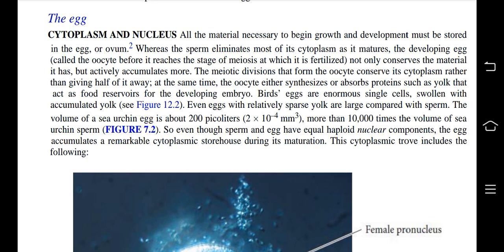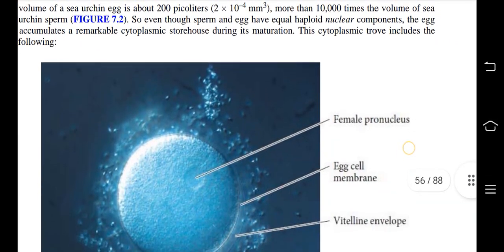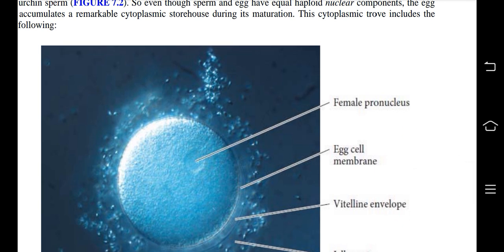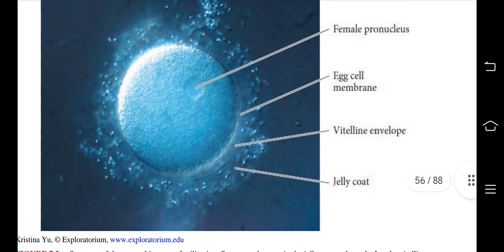developing embryo. Birds' eggs are enormous single cells swollen with accumulated yolk. Even eggs with relatively sparse yolk are large compared with sperm. The volume of a sea urchin egg is about 200 picoliters, more than 10,000 times the volume of a sea urchin sperm. So even though sperm and egg have equal haploid nuclear components, the egg accumulates a remarkable cytoplasmic storehouse during its maturation. The cytoplasmic trove includes the following: